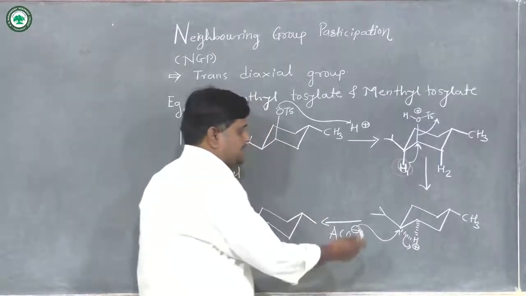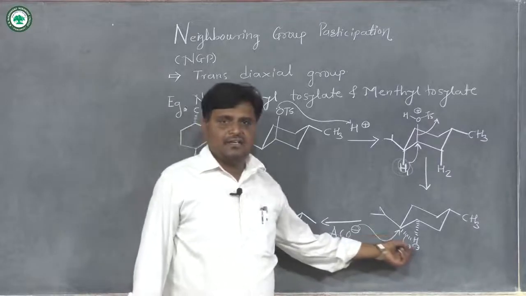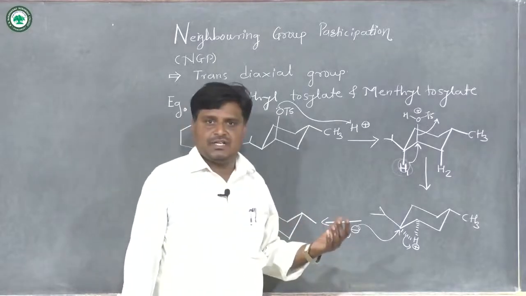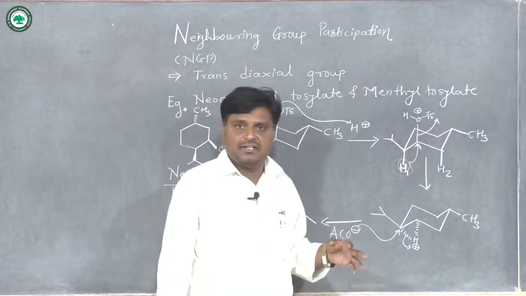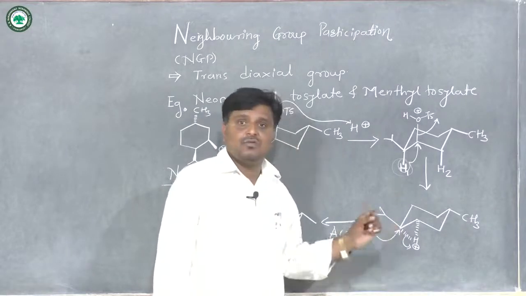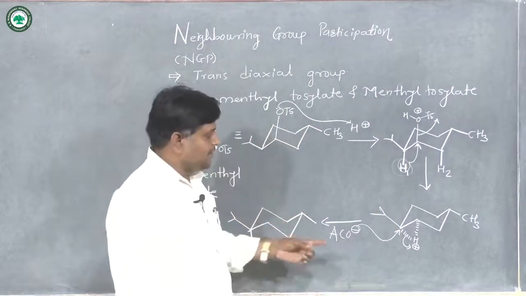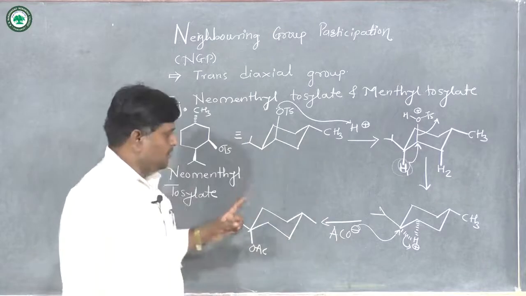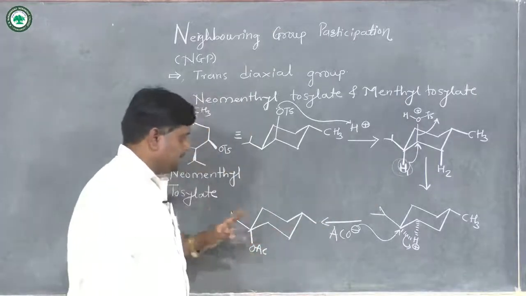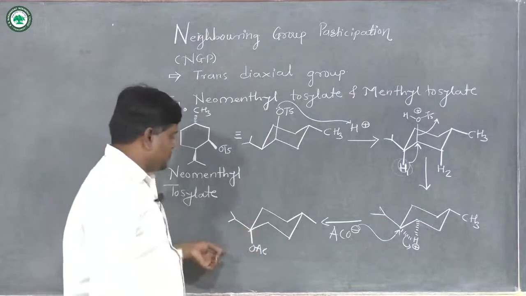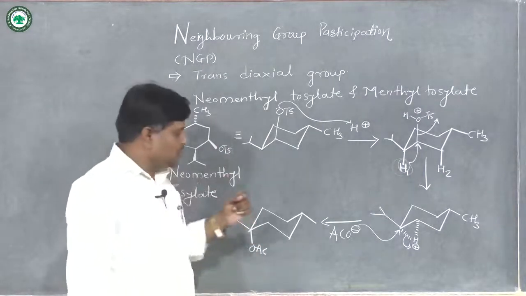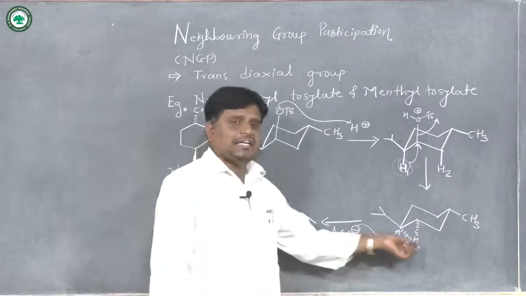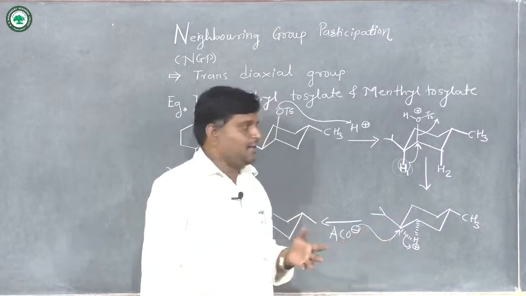So we get this type of cyclic intermediate, and that intermediate can be stabilized by delocalization of the positive charge over three centers, 2 carbon and 1 hydrogen atom. In this case we also have a tertiary carbocation, which is somewhat stable, so we choose H1 as the NGP. In the last step, attack of acetate ion on that tertiary carbon gives this type of product by shifting hydrogen from tertiary to secondary carbon atom.